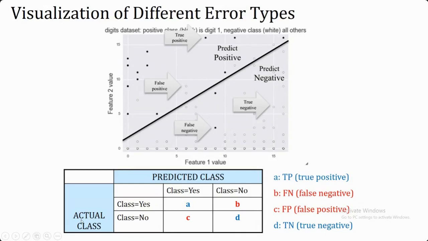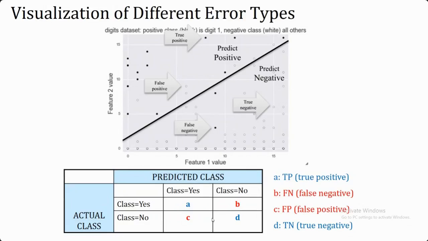You can change this row and column combination, and the value in a particular cell will also be different. If you take the actual class as your column and the predicted class as your row, some of the values, the true positive, false positive, true negative, false negative, are going to change their position. But the performance measure you use for quantifying your classifier will not change. It will be the same, whatever convention you use for the representation. So we have completed the confusion matrix.